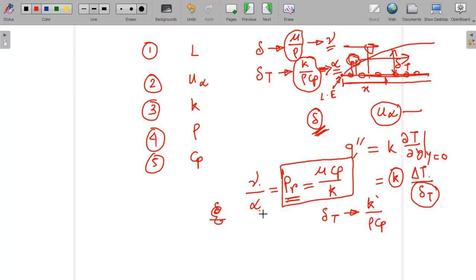And for a particular fluid, this Prandtl number is constant. So if you see that, it is clear that this delta by delta T, that means the relative thickness of the velocity boundary layer and the thermal boundary layer, depends directly on this ratio, because delta depends on nu and delta T depends on alpha, so their ratio will depend on this ratio, and that means it depends on the Prandtl number.